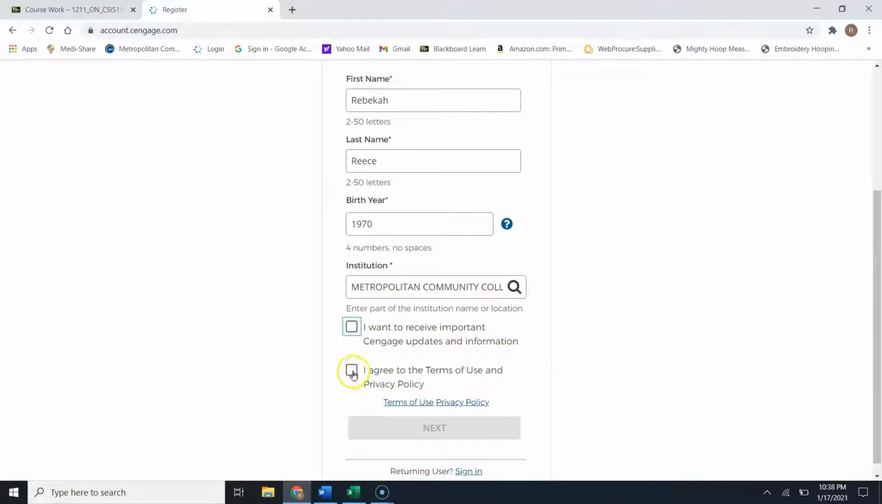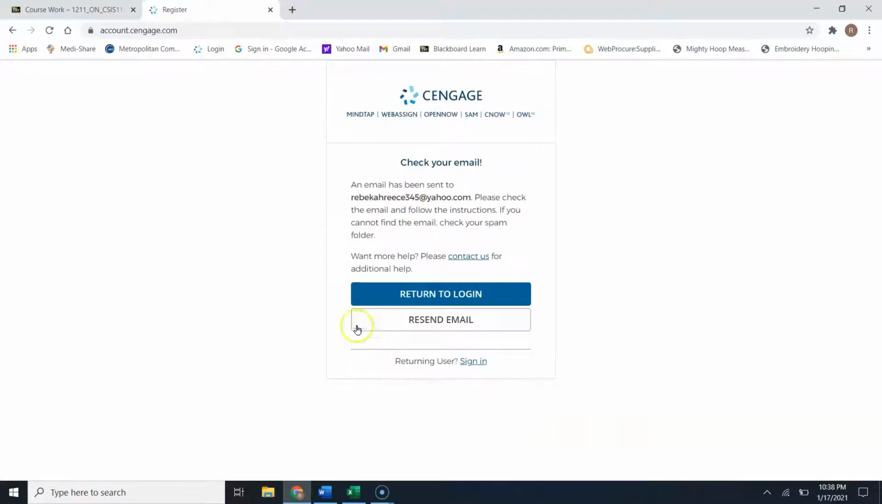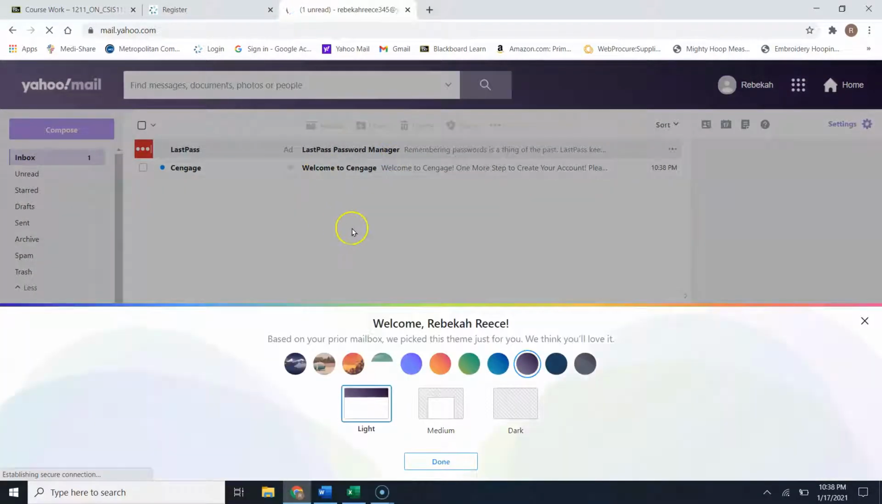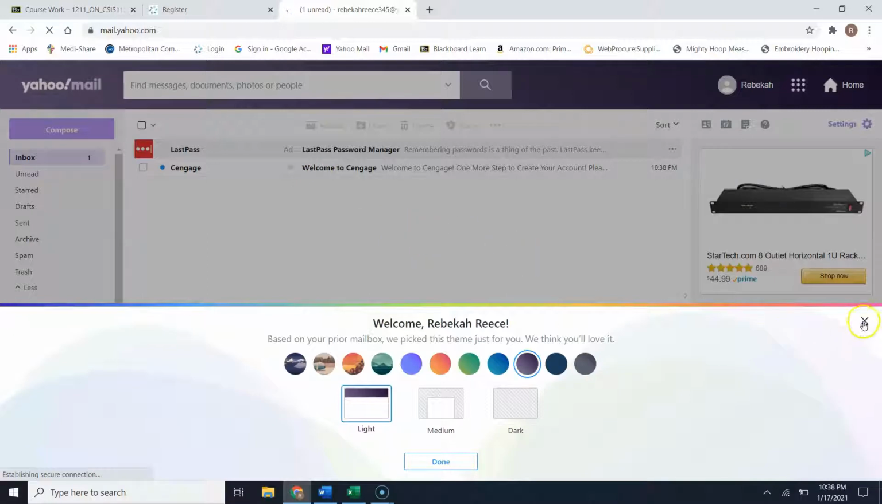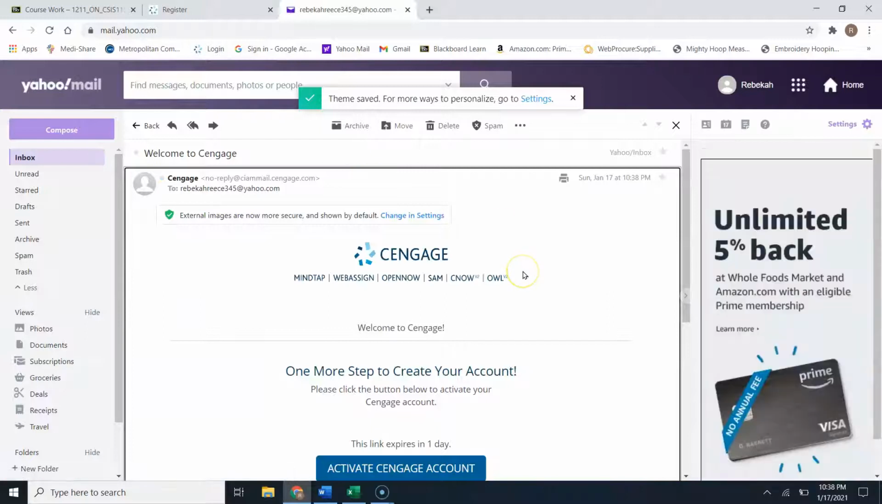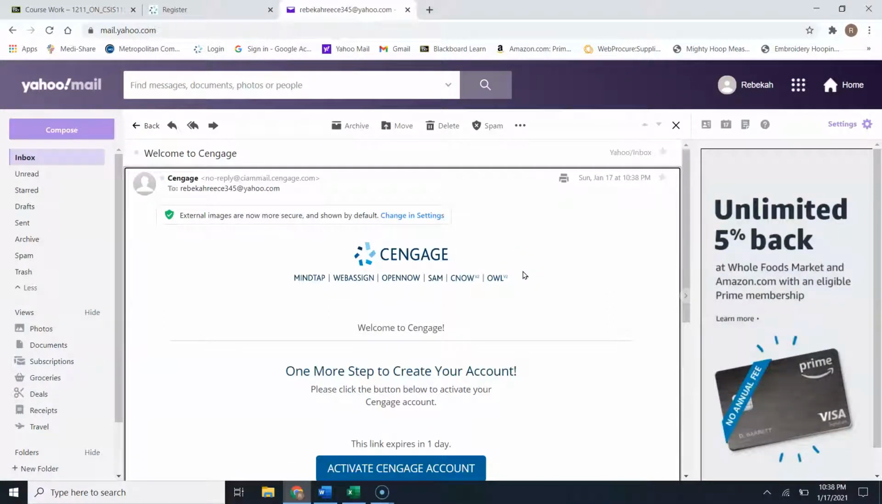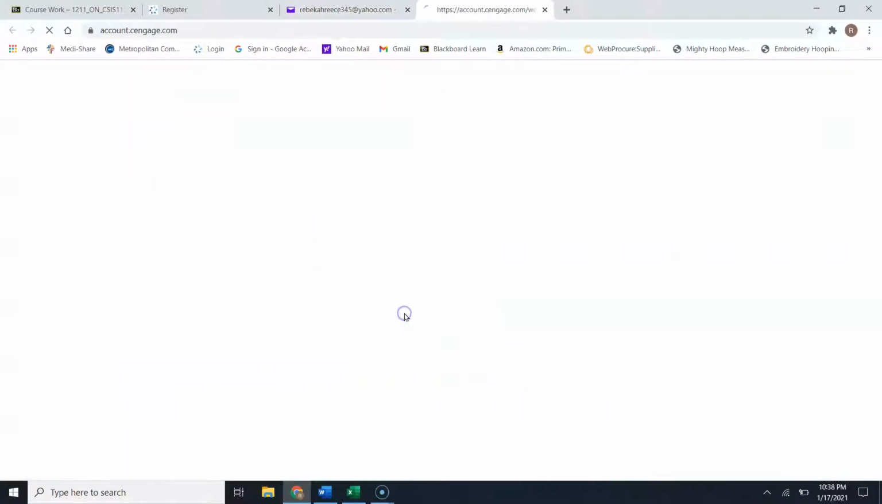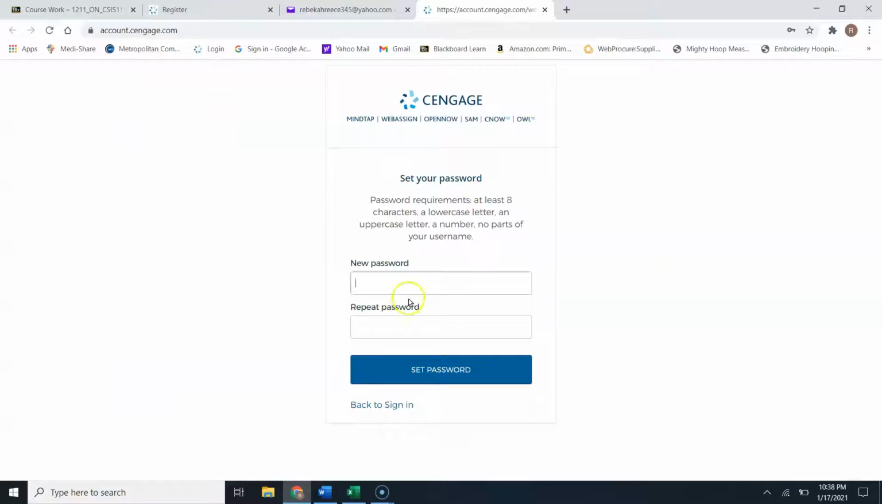You will have to choose the box where you agree to the terms of use and privacy policy, which you can read if you click this link. Go ahead and click the Next button. Now it's asking you to check your email, and so here's my information from Yahoo, and I will just have to click Activate Cengage Account,